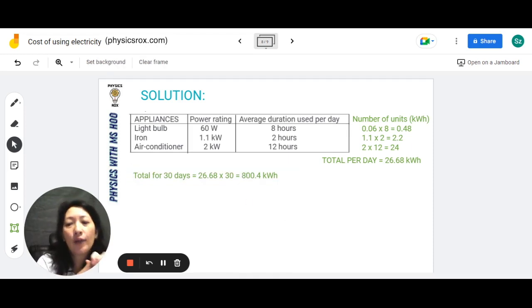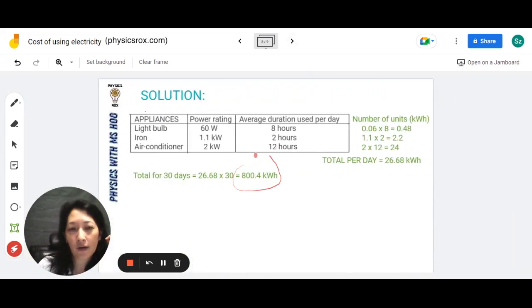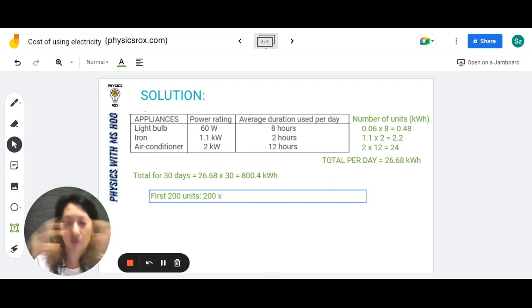All right, so how do we calculate the cost then? We're going to use these tariff rates over here. You can see, for the first 200 is 21.8. So let's check. 800.4, is it more or less than 200? Obviously, it's more than 200. So I'm going to write it this way. First 200 units, and I don't write an equal sign because it's not equal to, so that's why I put the dot over there. So the whole 200 units in the first block is 21.8